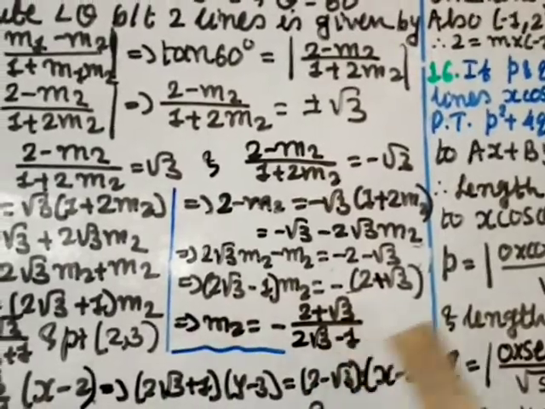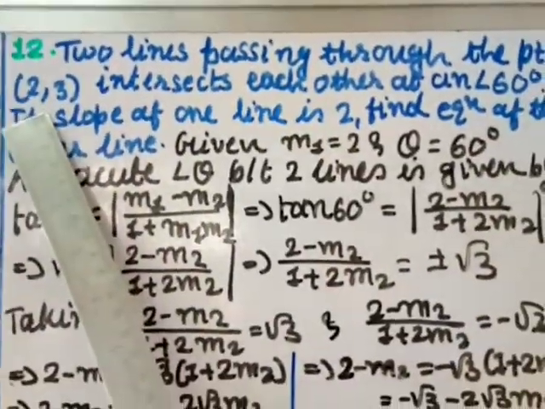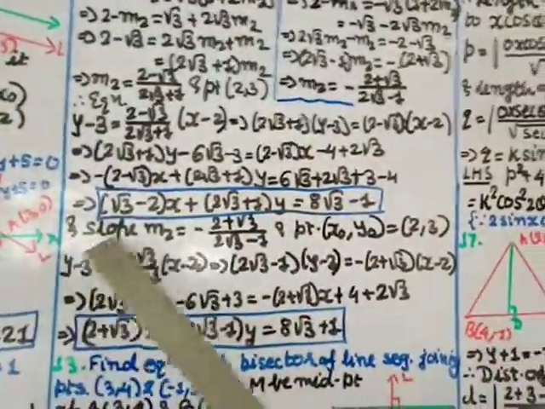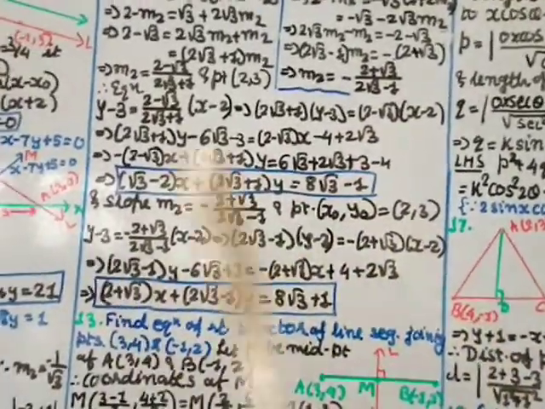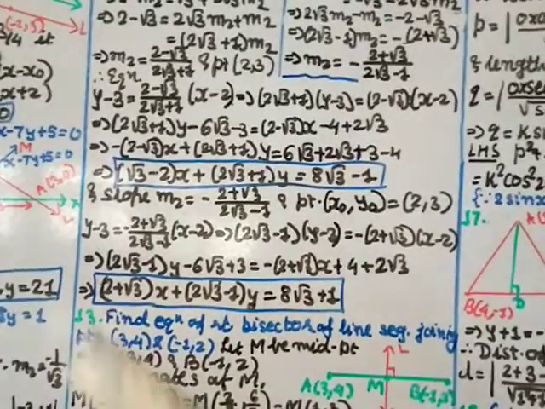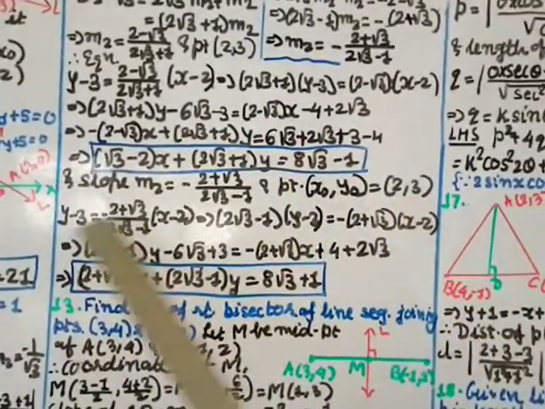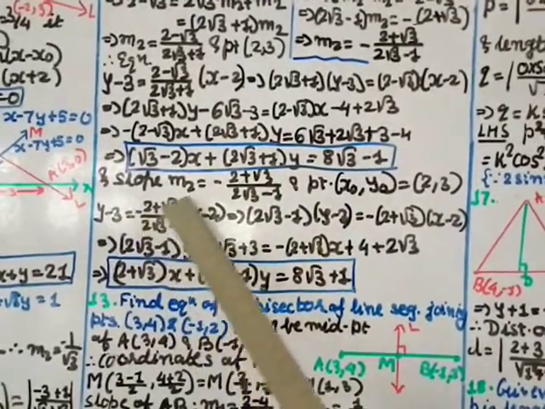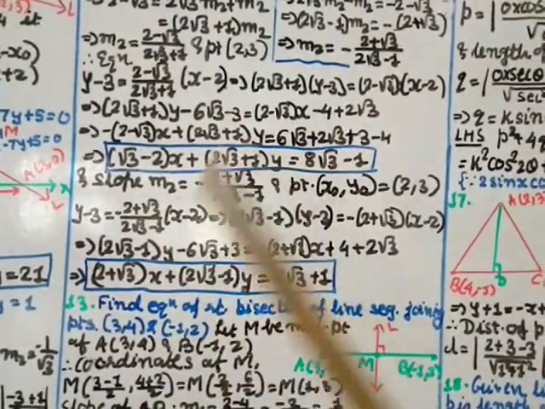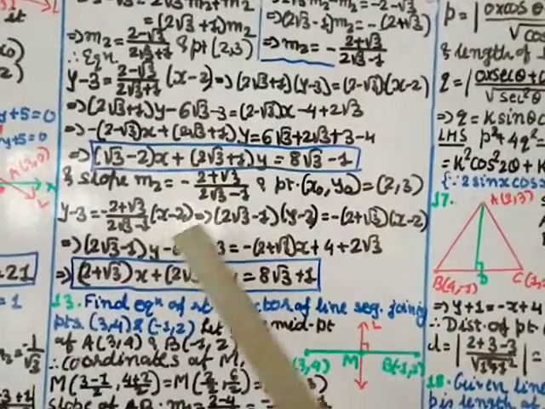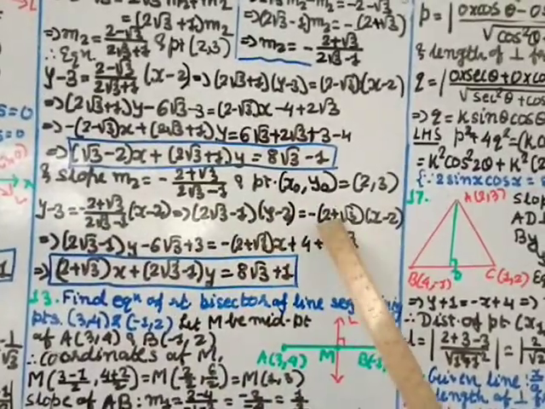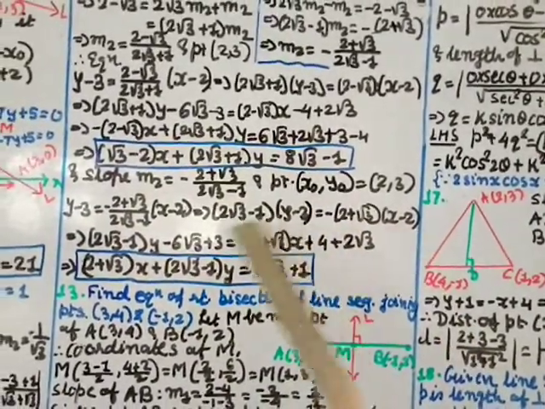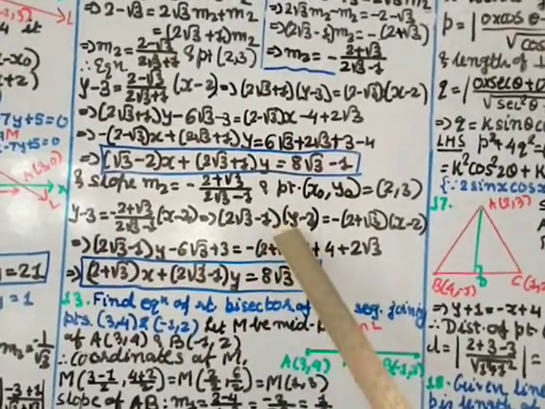So the slope is there and the point (2, 3) is given. Okay, so use this point and this slope and find the equation. First we already found, now the second equation. So slope m2 is equal to this one, I am writing this slope, and the point x0, y0 is 2, 3. So the equation is y minus y0 equal to m into x minus x0. So y minus 3 equal to m2, that is minus 2 plus root 3 by 2 root 3 minus 1, into x minus x0, so x minus 2. This transfers over here. So 2 root 3 minus 1 into y minus 3 equal to minus of 2 plus root 3 into x minus 2. Okay, y multiplies with the full bracket and 3 individually. So y into this one.